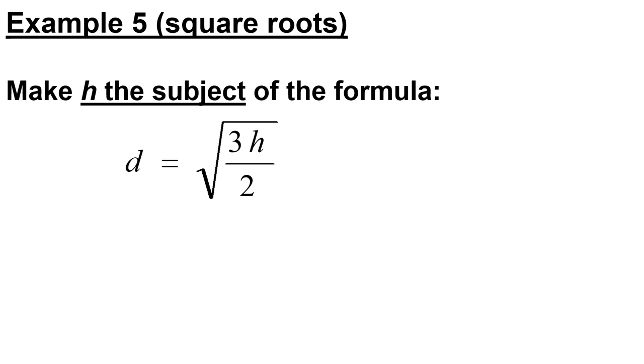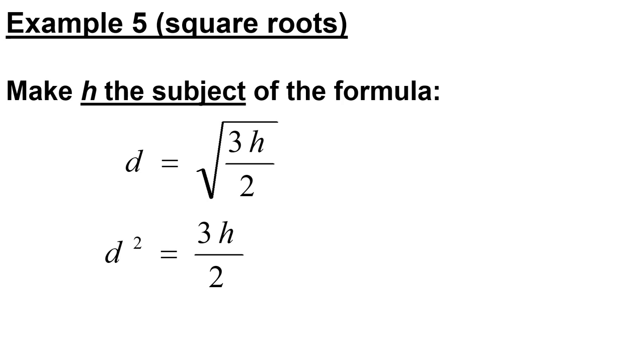Let us make h the subject of the formula. First of all, you can see that h is below a square root. So to get rid of a square, you put a square root. To get rid of the square root, you square. So we are going to square both sides. We'll have d squared on the left hand side. After squaring the right hand side, the square gets rid of the square root, and that is why we are left with